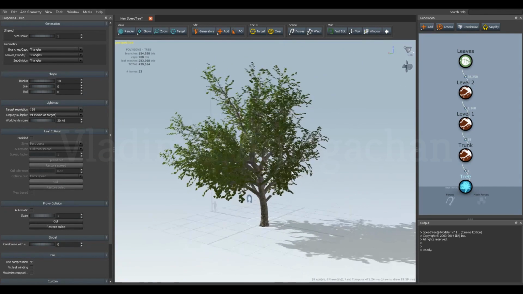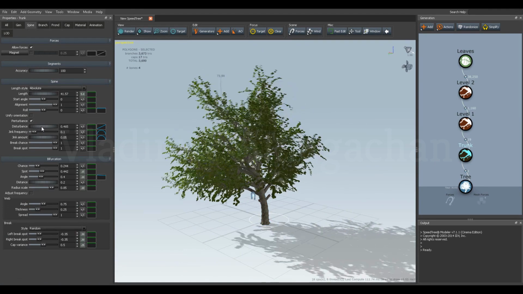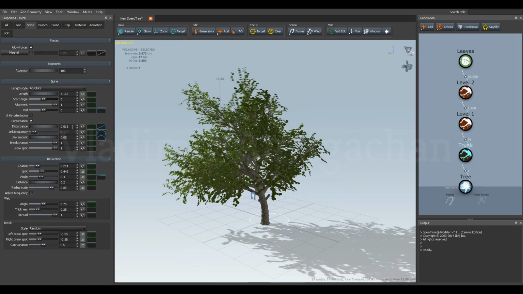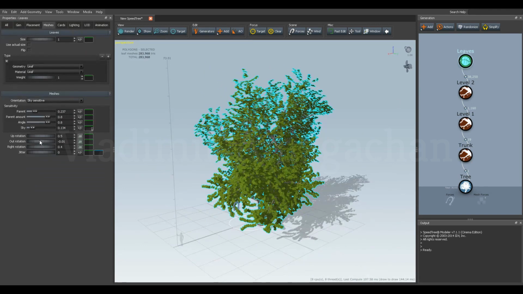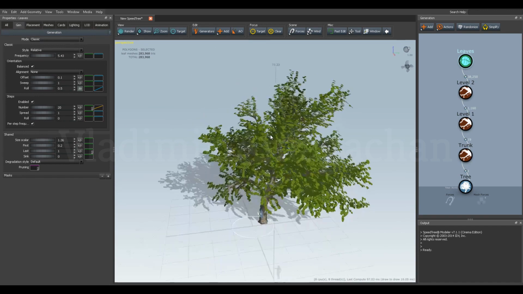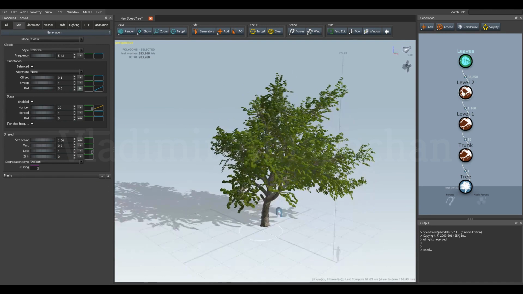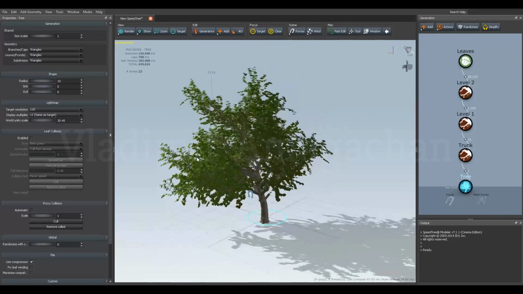Randomize again and we have this tree model. I select this node and I will keep the disturbance at 0.5. Okay, so as you can see, for the leaves I think I need to increase the scale. So from the generation tab in the shared section I increase this a little. Okay, so as you can see we created this tree model, and every time we want to create a new one